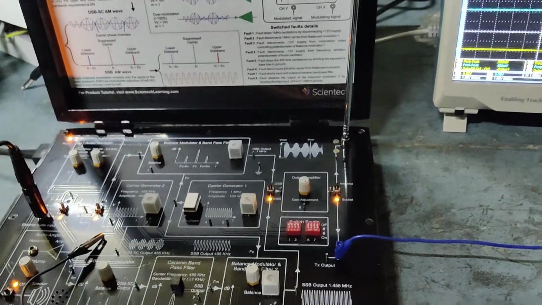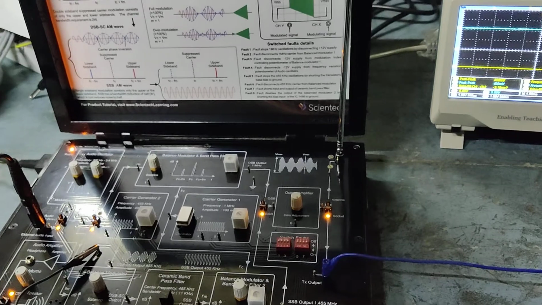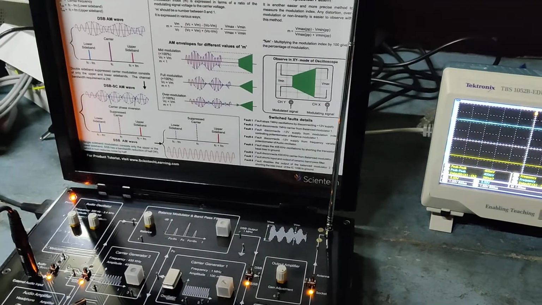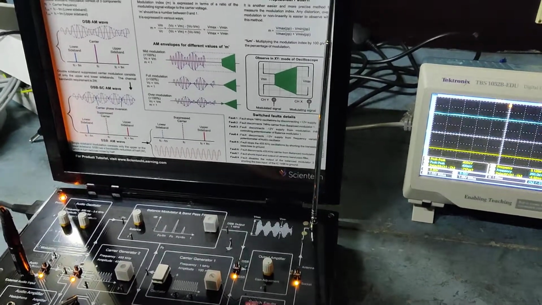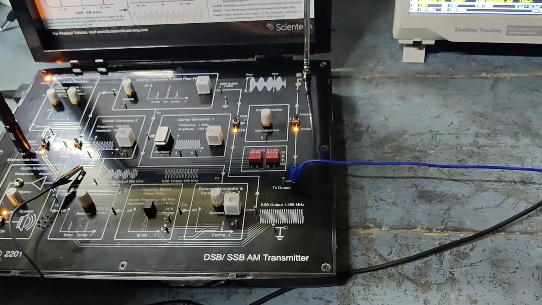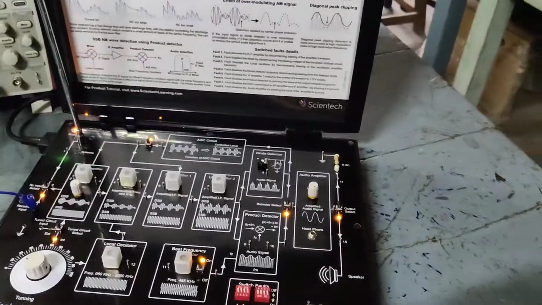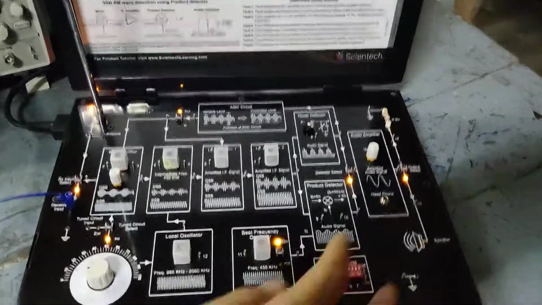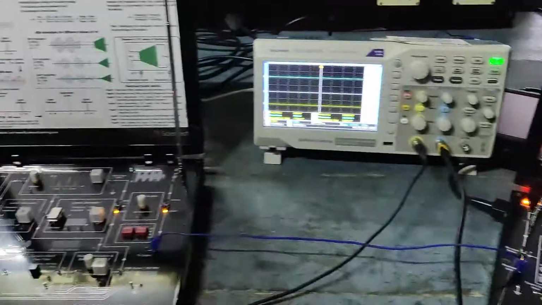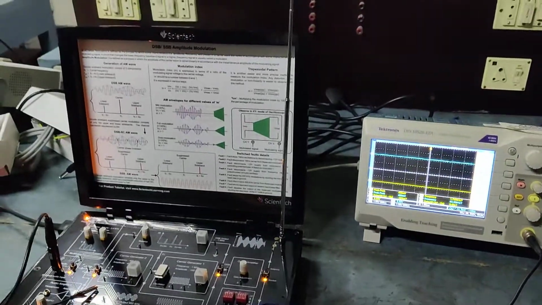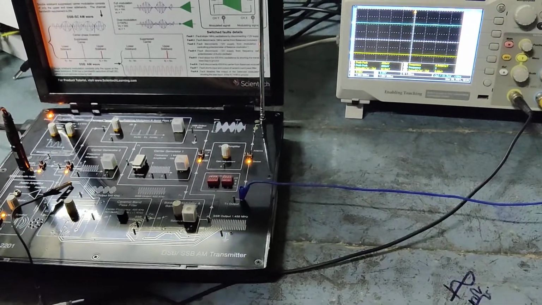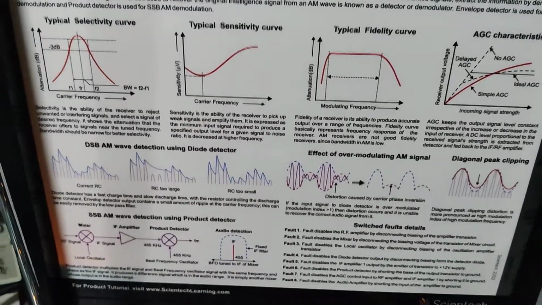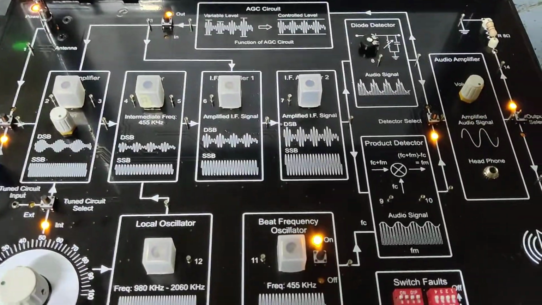So this is all for this particular practical, where we could see that we are able to transmit a signal using either DSB or SSB, using this kit, which is a DSB SSB transmitter and DSB SSB receiver. We could use either DSB transmission or SSB transmission, and you will study in the course how SSB is beneficial over DSB, because we are suppressing one of the sidebands. So ultimately we are limiting the bandwidth, which is the focus of SSB transmission.